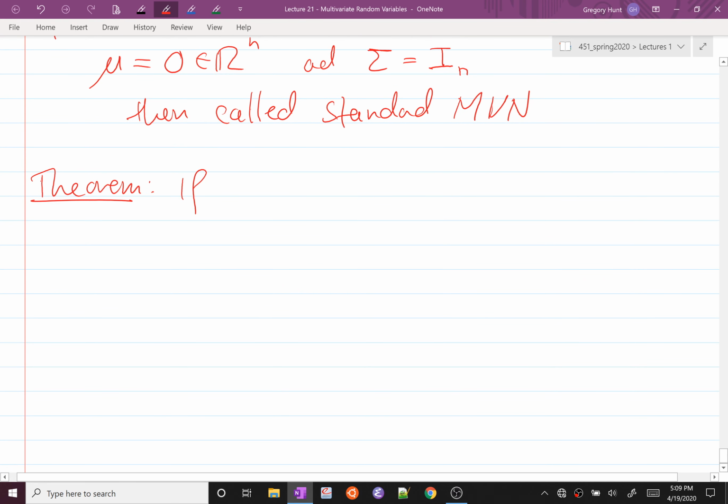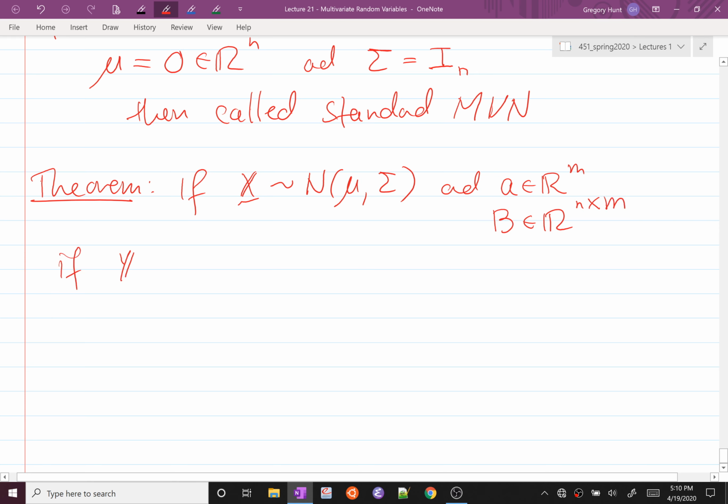If x is multivariate normal with a mean mu and a covariance matrix sigma, so that's the notation, and a is an m-dimensional vector and b is an m by n matrix. If, let's say, y tilde is a plus b x tilde, so y tilde here is